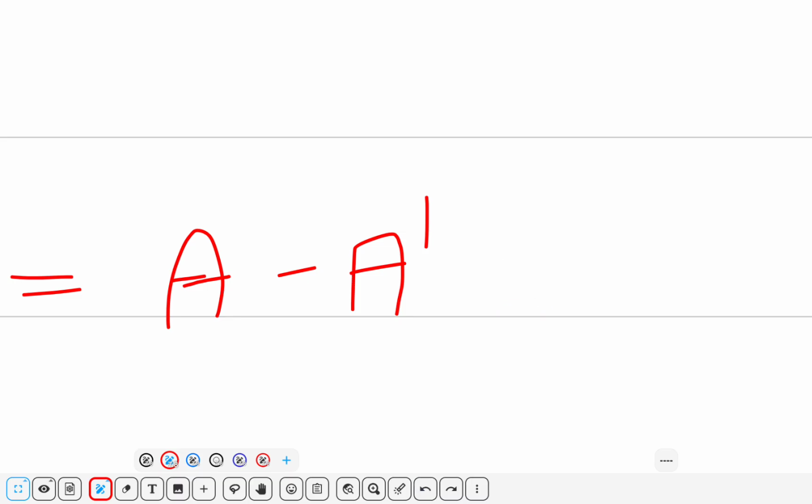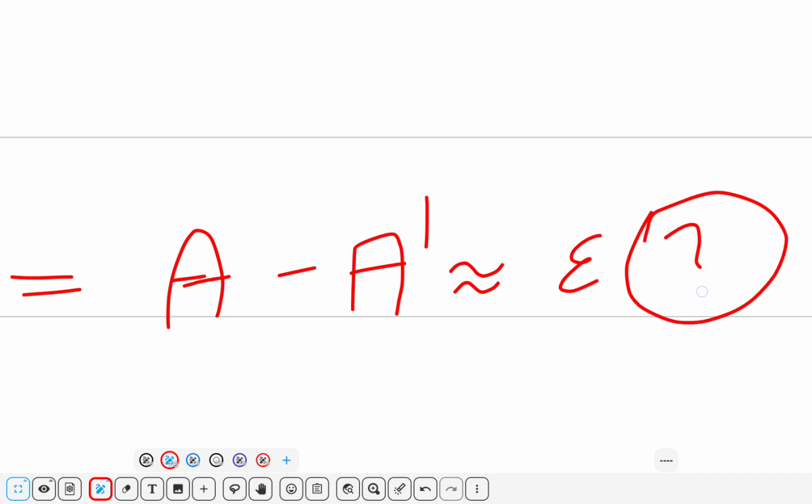The translations weren't useful for me. Maybe they will be useful for something else, but they didn't give me a symmetry. But if the difference was a multiple of epsilon, like some number multiplied by epsilon,